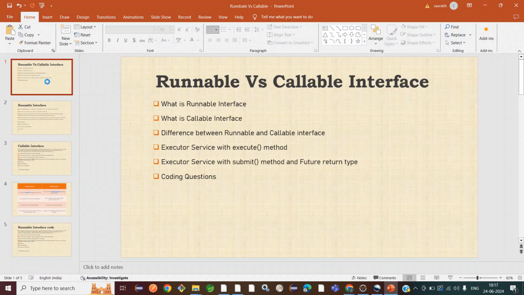So today we are going to start a new topic related to the thread concept: runnable versus callable, which is a very important topic for interviews. In the previous video we saw how to create a thread with the help of the Thread class and with the help of the Runnable interface,